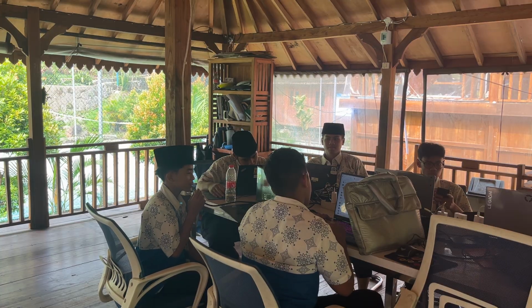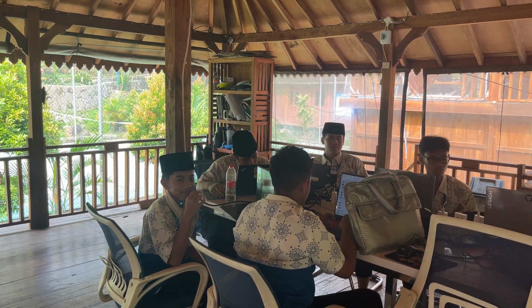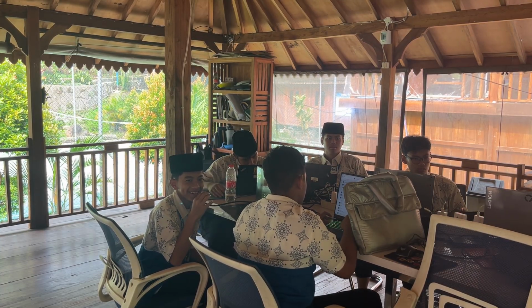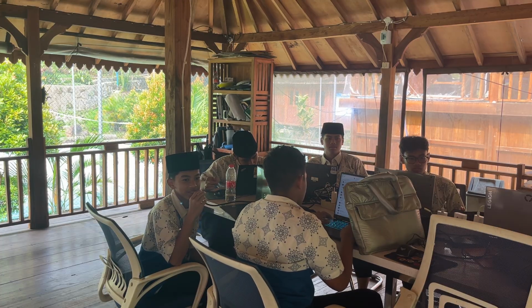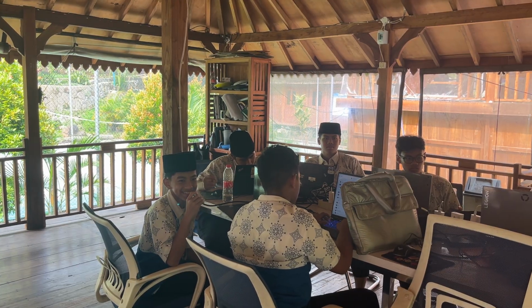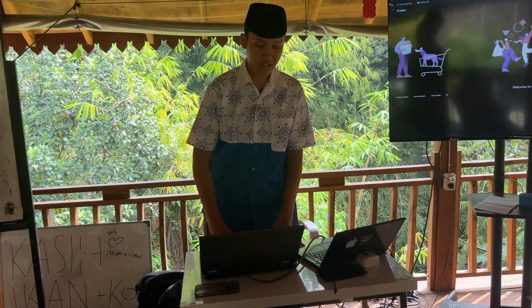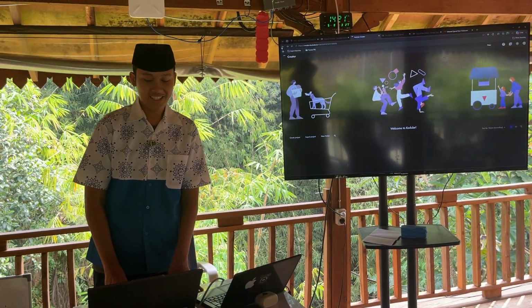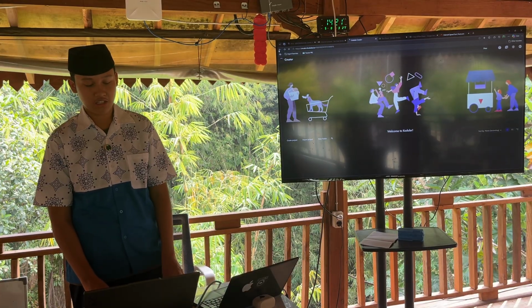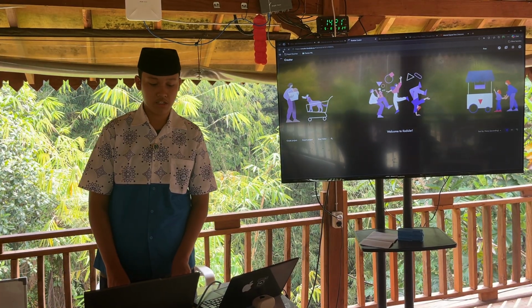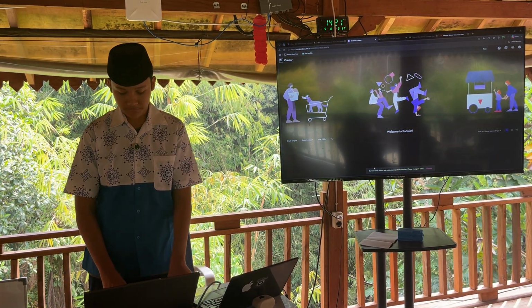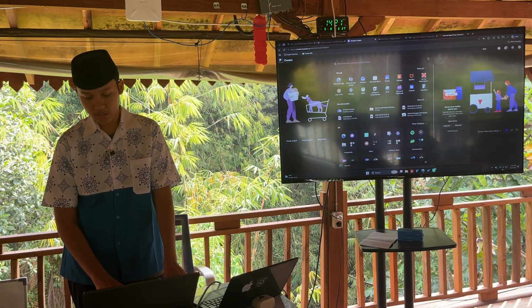Okay, my question is, how to add some image? So how do we add some image? I just explained it before. We just go to the palette.